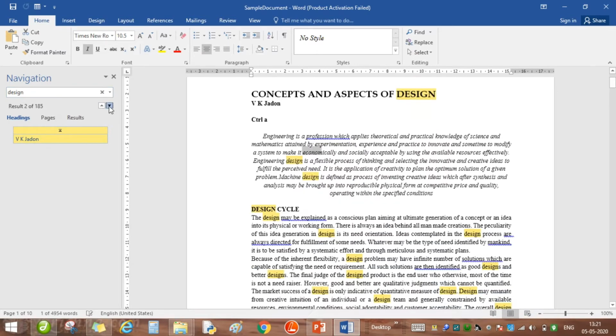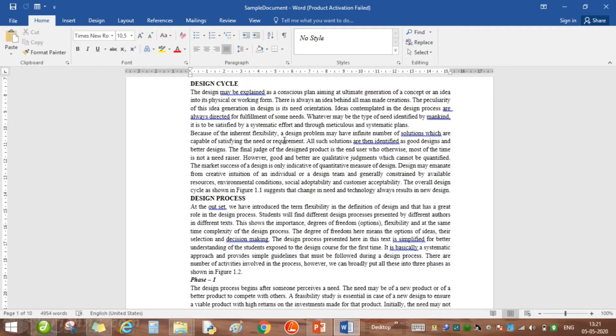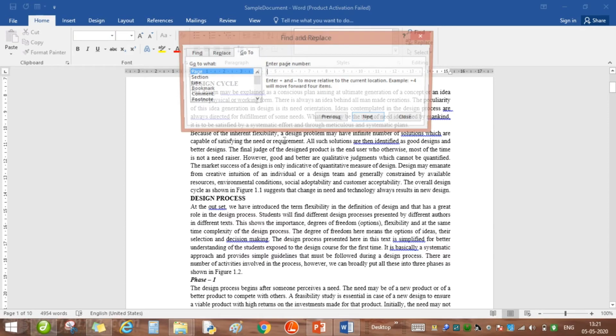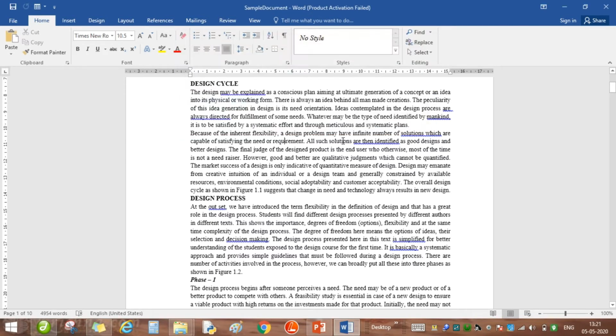If I click here, I can navigate through all the words, and these are highlighted. So this is how we can make use of Control F, and then Control G is to go to any page, section, line, bookmark, comment, and footnote.